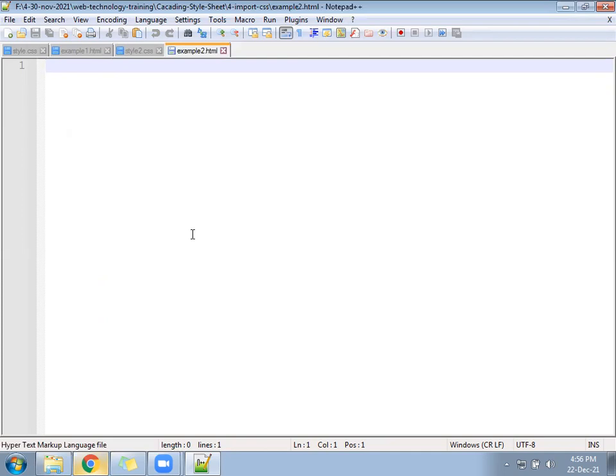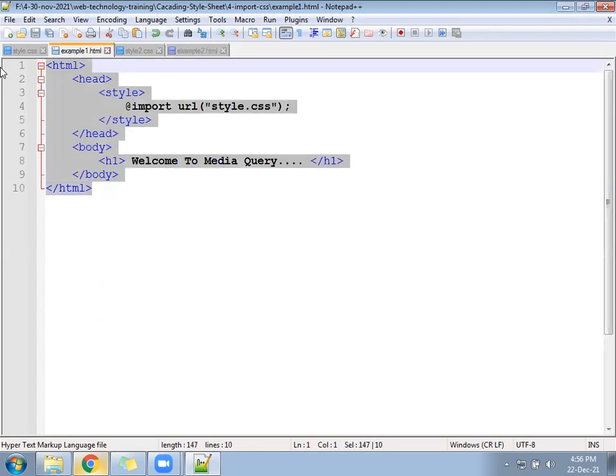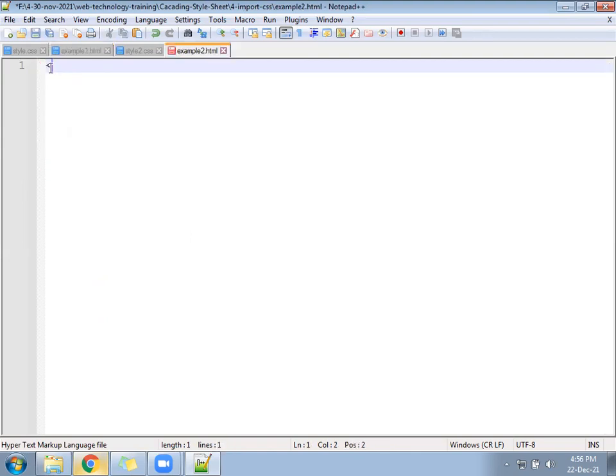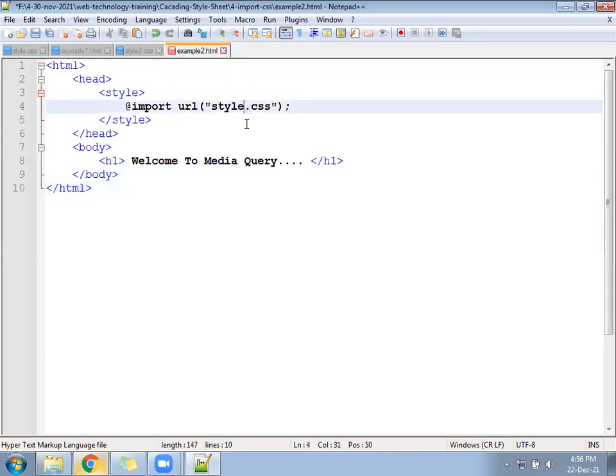Okay, inside example2.html, call that CSS file. You can take something like this, copy. Style2.css.